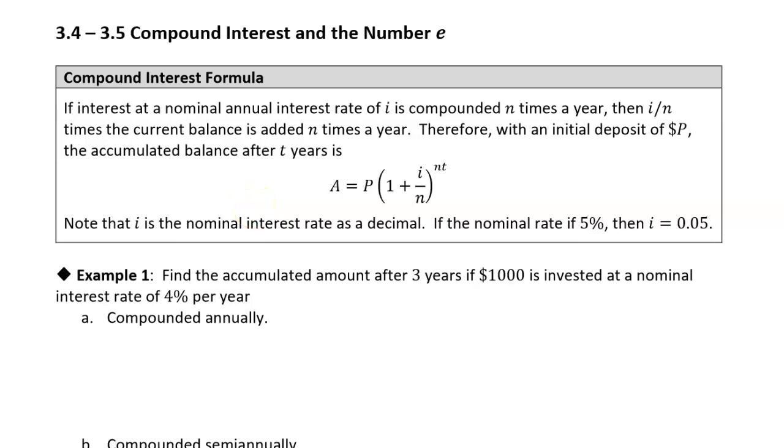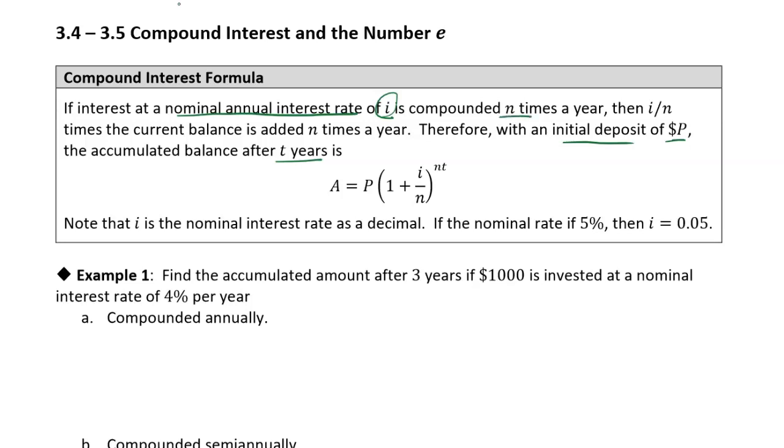All right, our topic of exponential functions would not be complete unless we talk about compound interest. And so that's what we're going to do today: look at how your money earns money in a bank account. So if you put in an initial deposit of P dollars and leave it there for T years at a nominal annual interest rate of I,